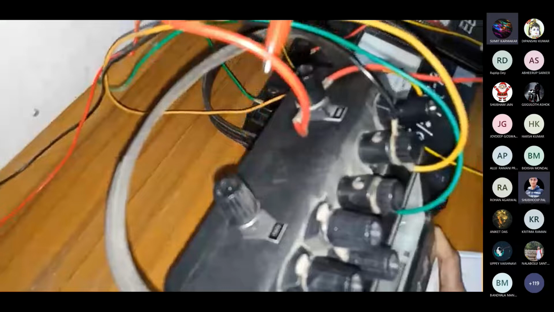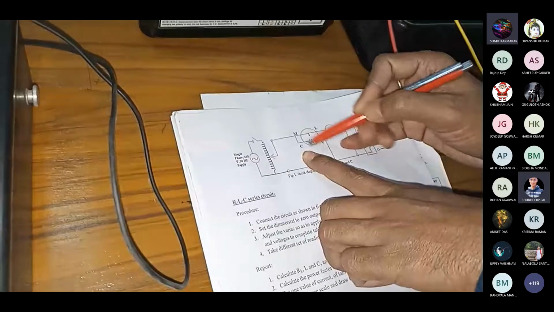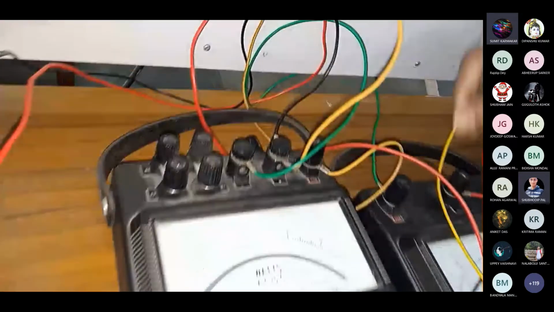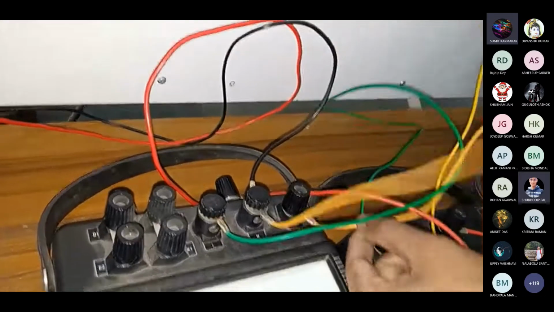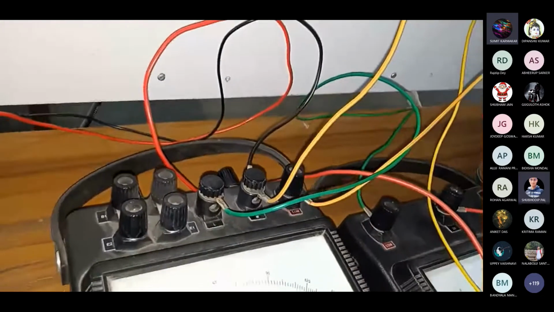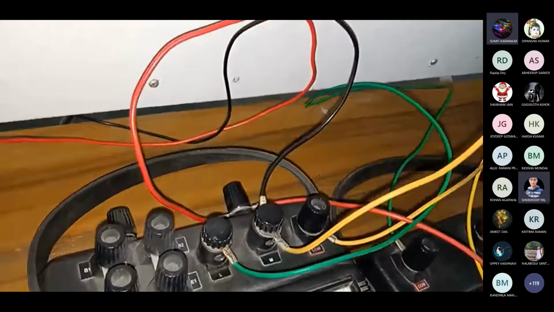This you can see very clearly. The M and L terminals, in between them the current coil should be connected. Okay, so here you can see this M and common should be connected first. Look at this M and this common: by this yellow wire we are connecting this common and the M, as I have shown from here.